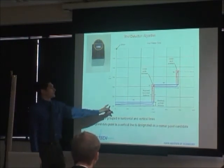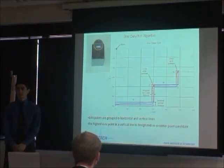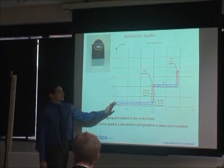The way this is done is, well, this is a view of some actual data points taken from a set of stairs. All the data points are